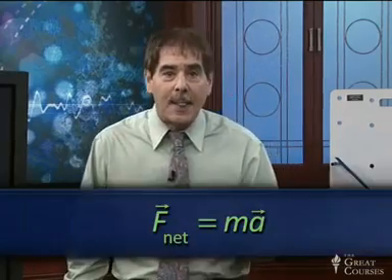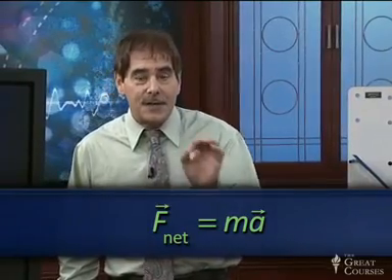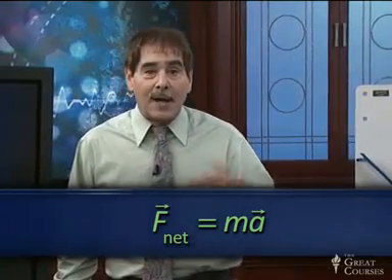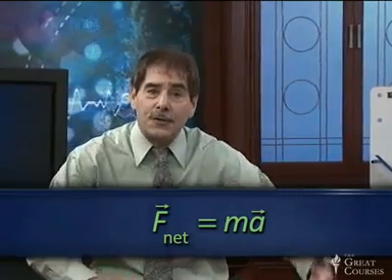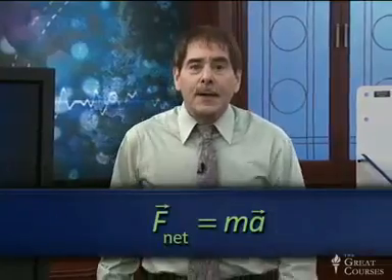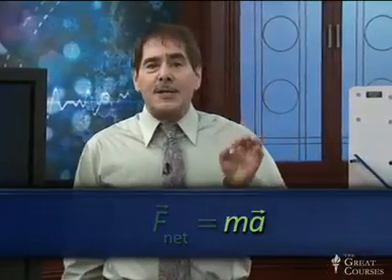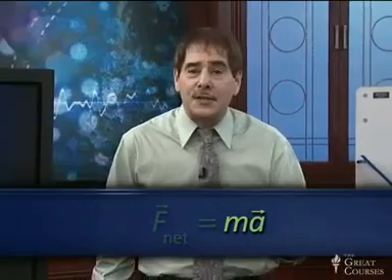Let's take a closer look at Newton 2, because Newton's second law is something that is widely misunderstood, and students get quite confused about it. So here's Newton's second law again. F net, the net force, is equal to the mass times the acceleration. F net is the net force. It's the sum, the vector sum, of all the different forces that may be acting on an object. And those are real physical forces, pushes and pulls, like me pushing with my hand, or a spring being stretched, or gravity, or a magnetic force, or something like that. They're real physical forces. The right-hand side of Newton's law is the product of the object's mass with its acceleration.